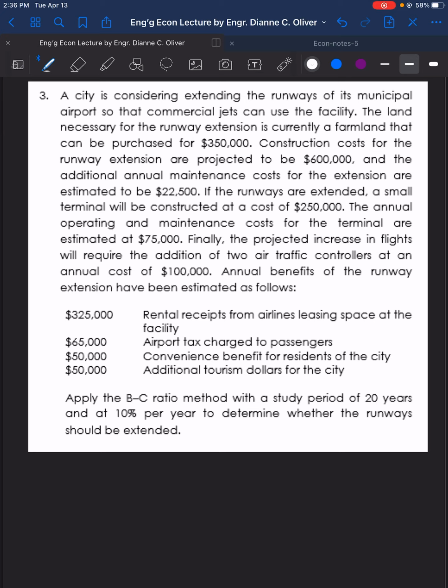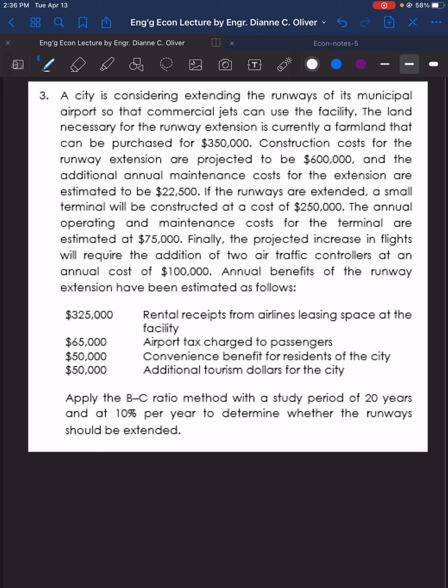Construction costs for the runway extension are projected to be $600,000, and the additional annual maintenance costs for the extension are estimated to be $22,500. If the runways are extended, a small terminal will be constructed at a cost of $250,000. The annual operating and maintenance costs for the terminal are estimated at